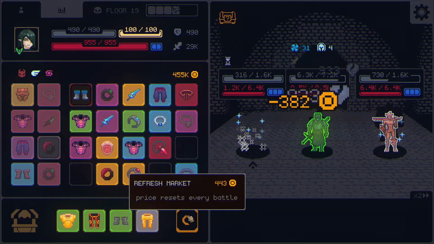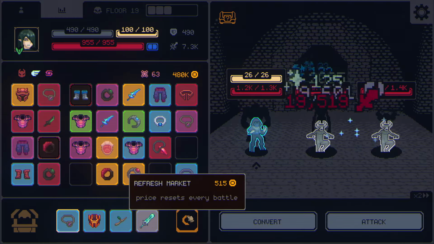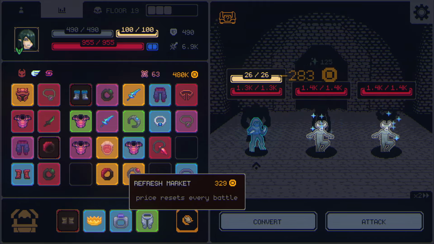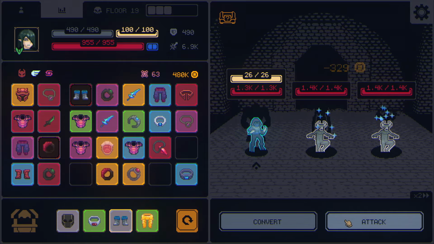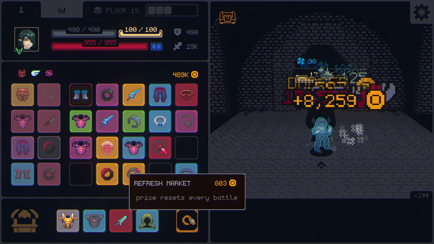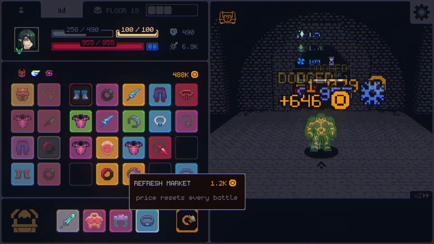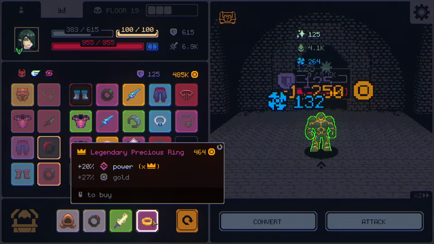Okay, just keep on rolling. Rolling and praying. That's where we're at. Just hope you find the things you need. I'm sure my demon armor could have been maxed out by now if I were more on it, but